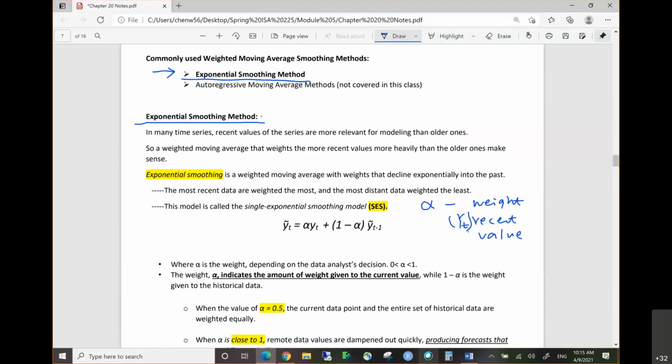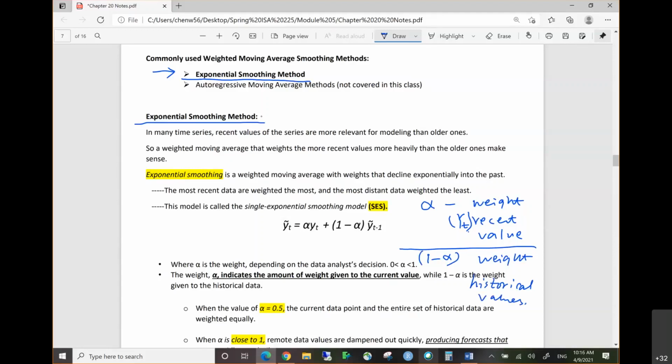For this data point, what you observed, right? So that will be our most recent value for the next point, right? And then we set the weight for the recent value as alpha. Then the other weight, 1 minus alpha, will be the weight for all previous values, right? We also call it the historical values,